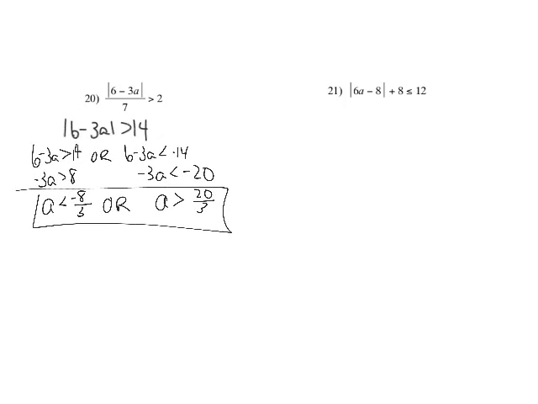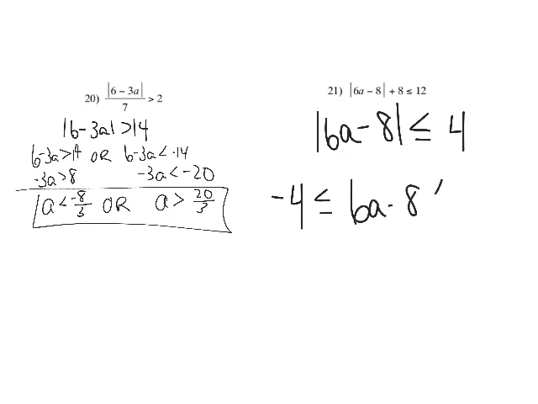Okay. So then when you're doing the next one, number 21, you are going to subtract 8 from both sides, so you have the absolute value of 6a minus 8 less than or equal to 4. Now when you have less than or equal to, it means that your absolute value, whatever's in there, is in between the two numbers. So negative 4 less than or equal to 6a minus 8 less than or equal to